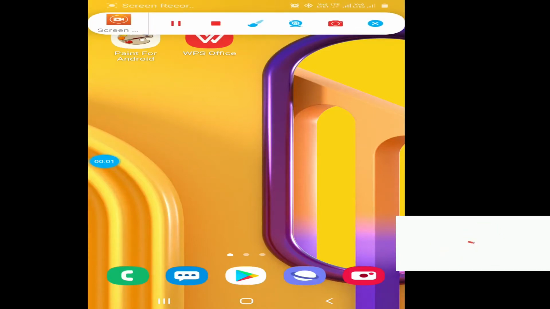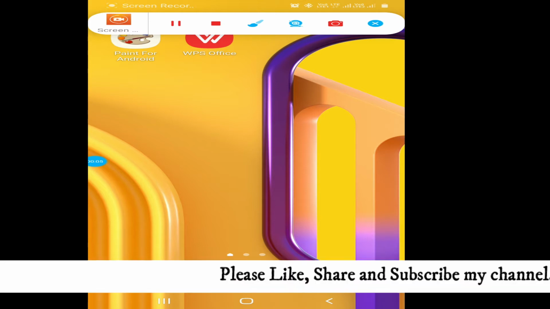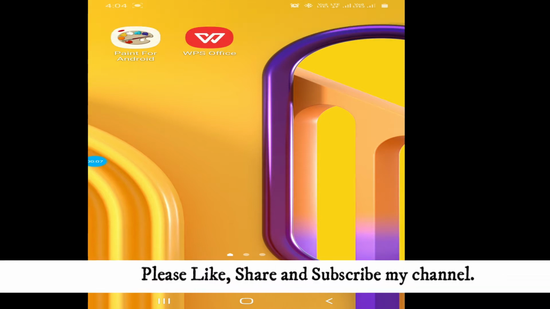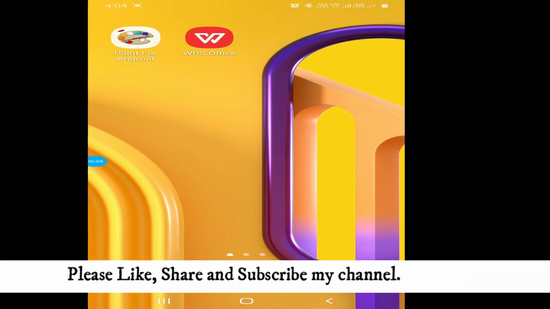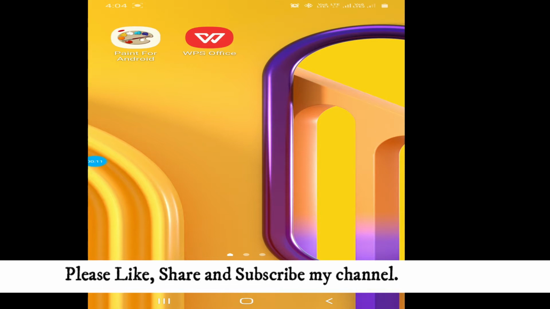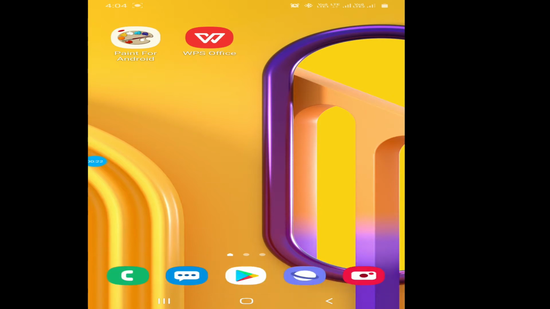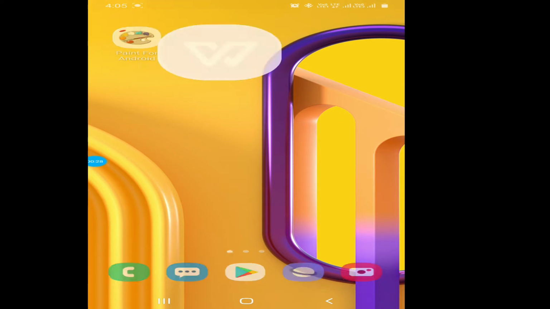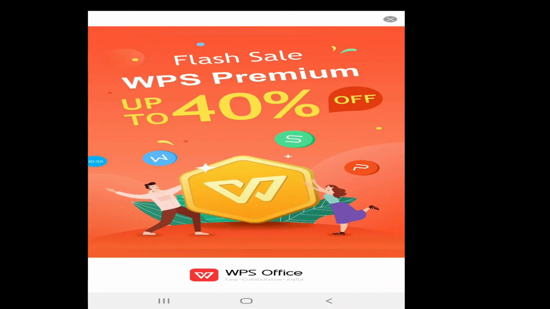Hello students, today we are going to see how to insert a chart in a mobile phone. Yes, how to insert a chart. I have first of all made one video in which I have shown you how to create a table in your Android phone with Microsoft Office. Now we are going to see it with WPS. So let us start. I will show you the whole tutorial on how you can start it.